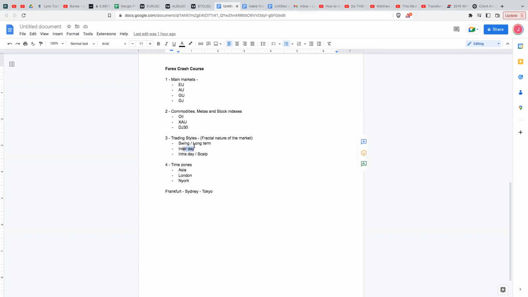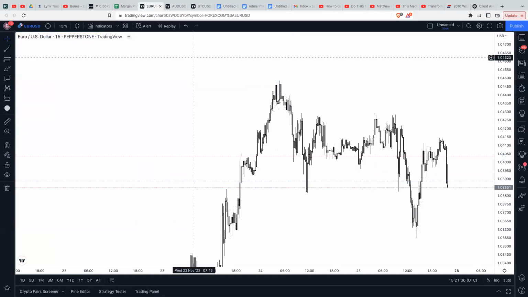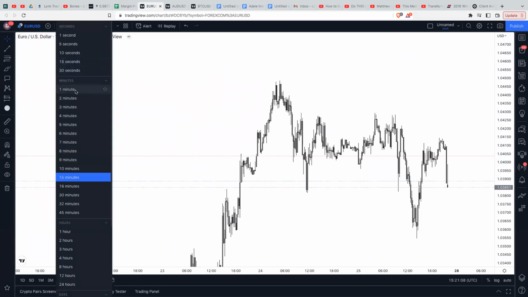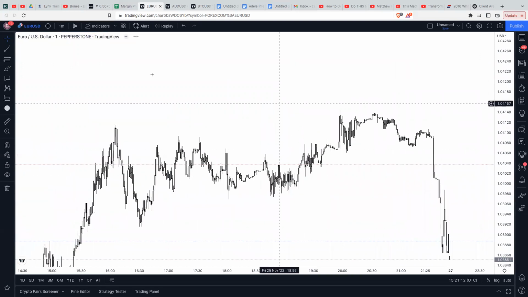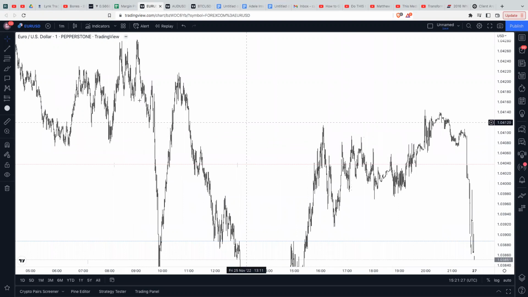There's the intraday trading, swing and long-term trading, intraday, so within the day, or scalping. We can actually go into real tiny time frames, so each candle represents a minute. Obviously it's not moving now, but we can even go into the seconds and things and start doing trading on mad time frames and taking multiple trades. It's more stressful. The market can just go absolutely nuts, because if you think there's a massive movement of the 15 minutes